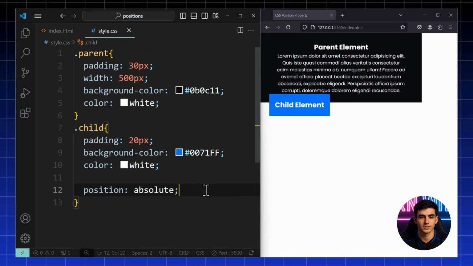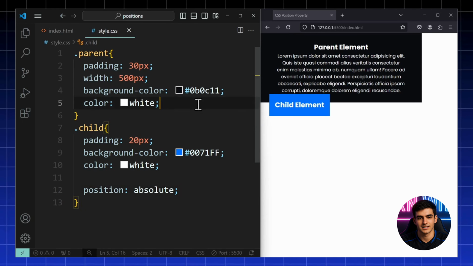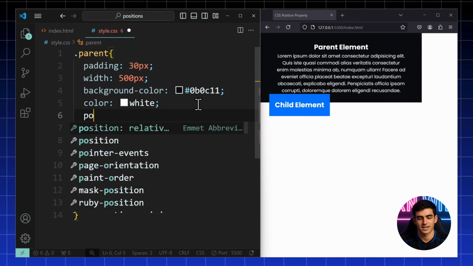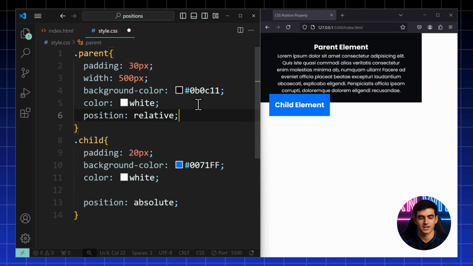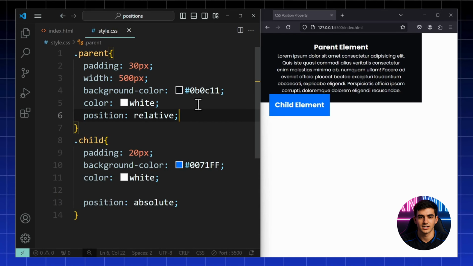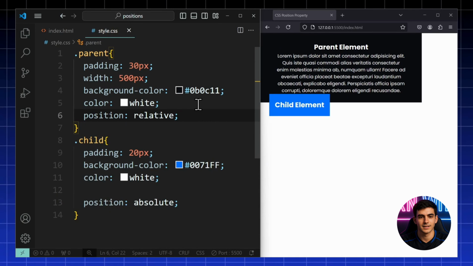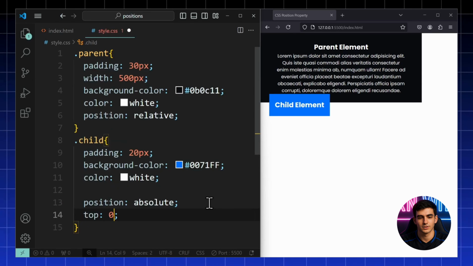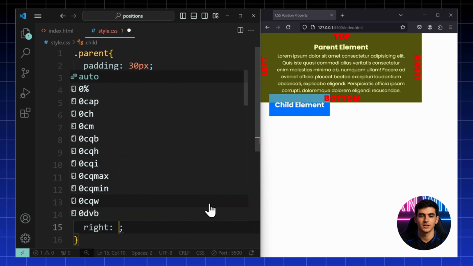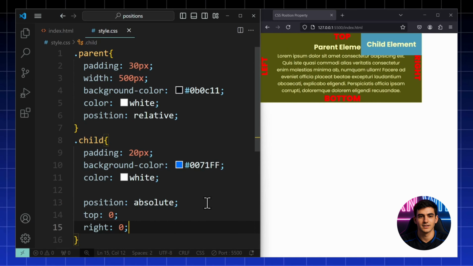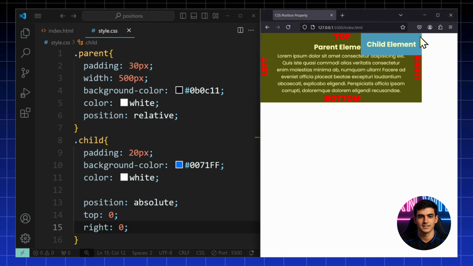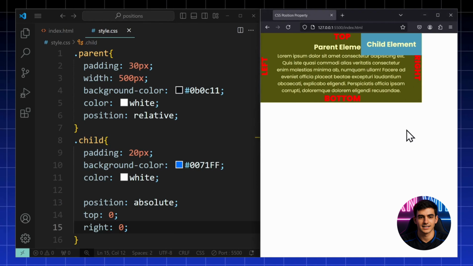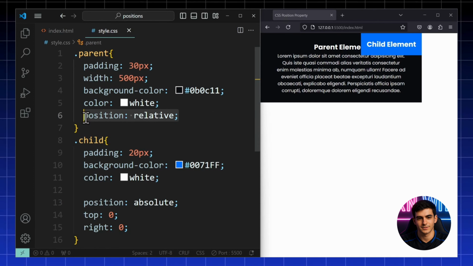The best value to use here would be position relative, as this position value has almost no impact on the element when we are not changing anything using top, bottom, left, and right. Now our child element can be positioned relative to its parent. Top 0 and right 0 will position the child in the top right corner of the parent. If we don't have position relative applied to the parent element, then the absolute element will be positioned relative